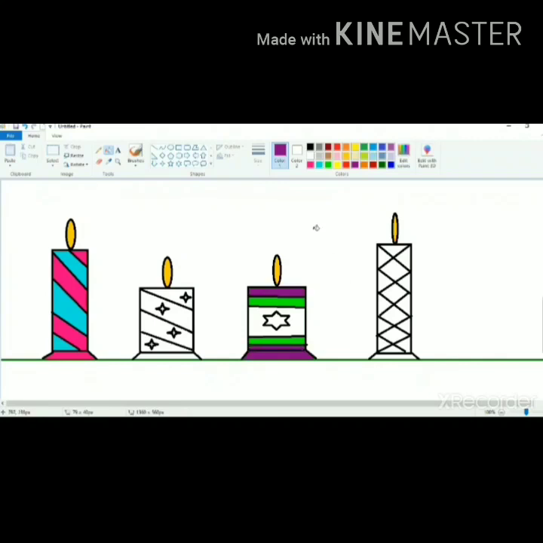You can fill the colors according to your choice and make them more beautiful. And you can make the designs in the candle according to your choice also. If you know some other design, you can fill that also, and you can color accordingly.